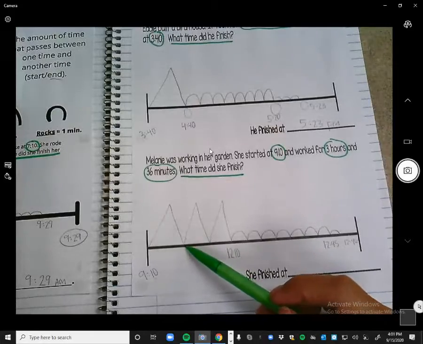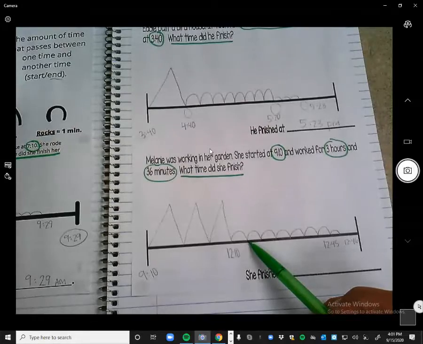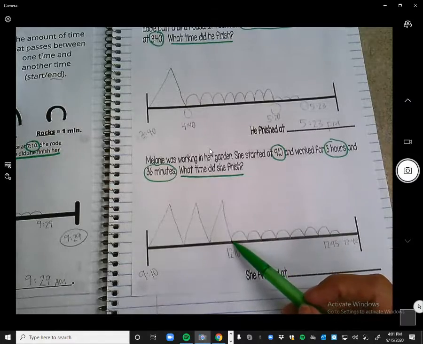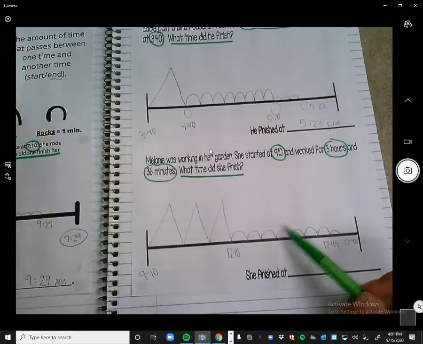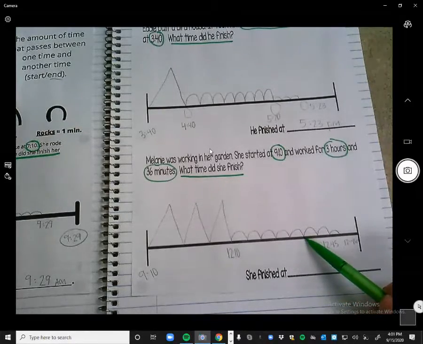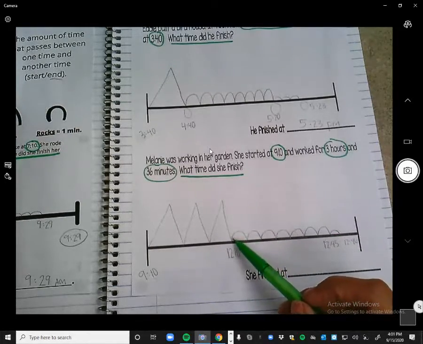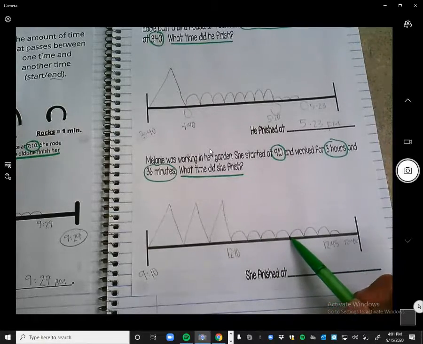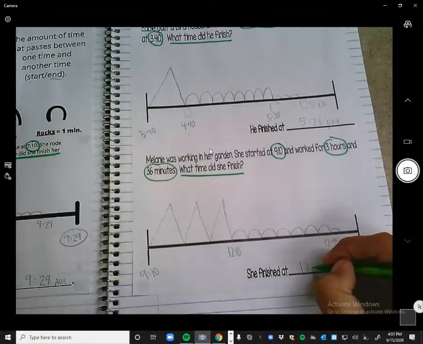9:10, 10:10, 11:10, 12:10. 12:10 to 12:15, 15 to 20, 20 to, I think I messed up. 10 to 15, 15 to 20, 20 to 25, 25 to 30, 30 to 35, 35 to 40, 40 to 45. There we go. One more time. 10 to 15, 15 to 20, 20 to 25, 25 to 30, 35, 40, 45, and one more is 46. Yep. So we know